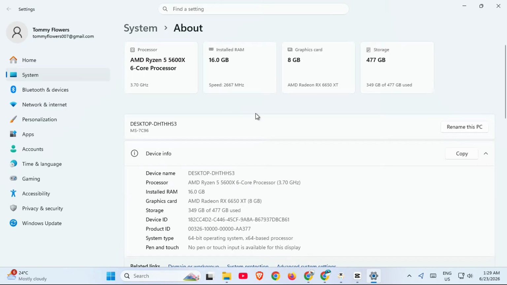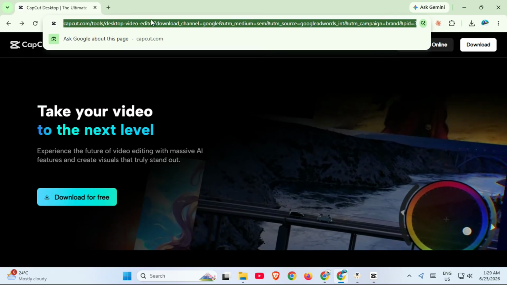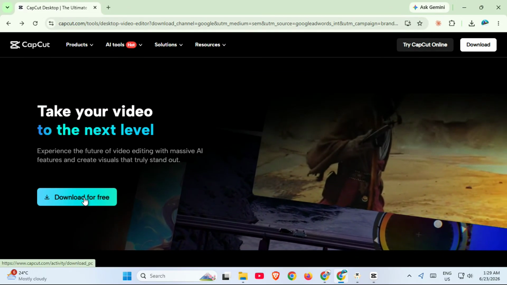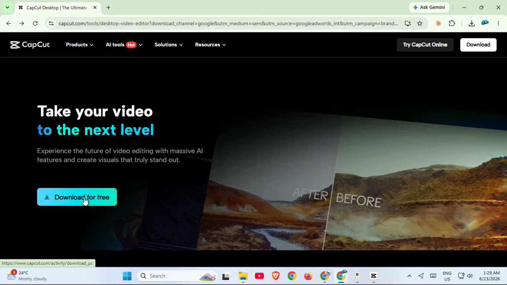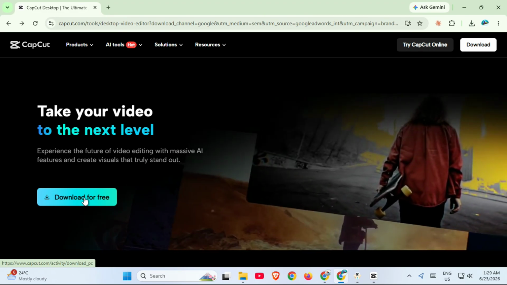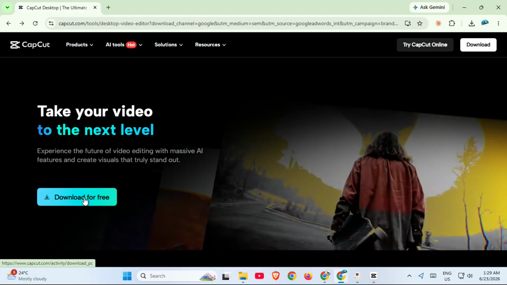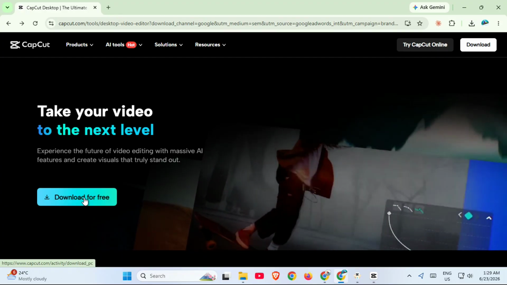Next, always download CapCut from an official source. This is one of the most important steps because downloading from unofficial websites can give you corrupted files, broken installers, or even unsafe software. The best option is to go directly to the official CapCut website or use the Microsoft Store if you're on Windows. When you download from the official source, you reduce the chance of errors and make sure you're getting the latest